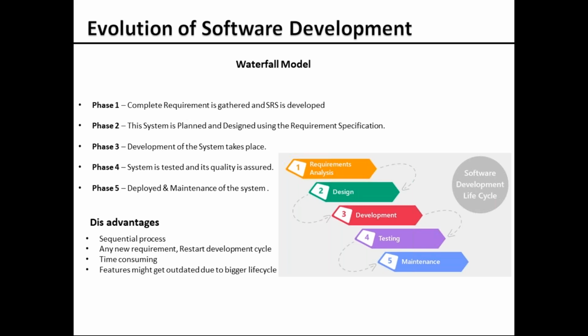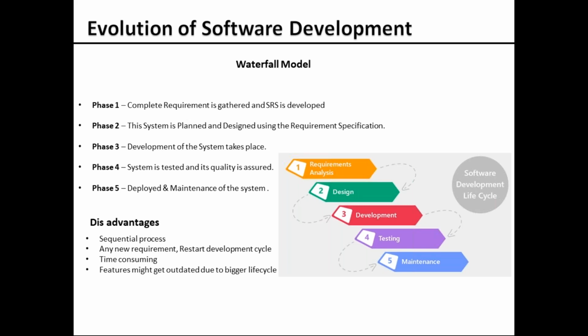So all these phases, there are 5 phases. All these phases are sequential. They have to wait for the other phase to complete, and then they will start their work, right? And this is months of time for each phase. It might sometimes take a year to complete one single product, and by the time the product gets